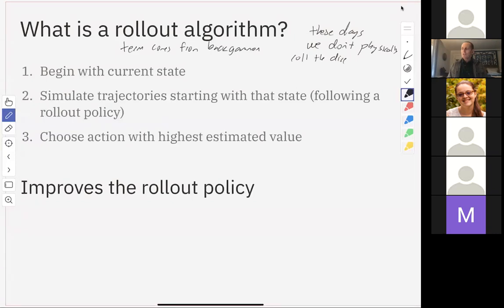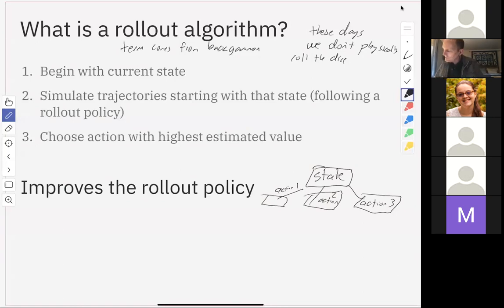So a rollout algorithm says basically, we're going to have some state we start with. Okay. And we have some potential actions. Action 1, let's just look at 3 actions. Action 2, and action 3. Action 1, action 2, and action 3, lead to new states. So let me actually fix this diagram. So the actions lead to new states. And then from those states, we go ahead and